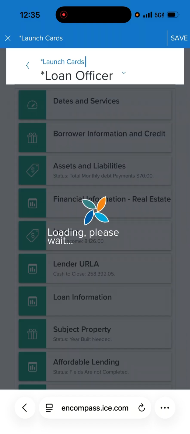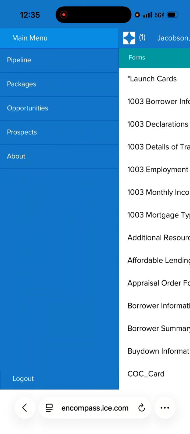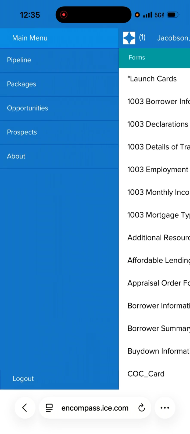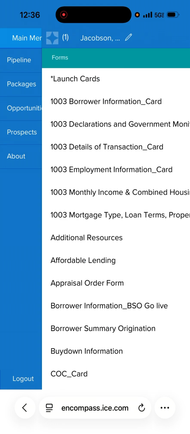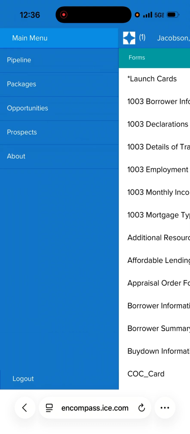I hit the X in the top left here. And then I hit this Encompass menu, the Encompass symbol. And I can go back to the pipeline if I'd like. I can look at packages if the packages have been sent out, as you can see. But I want to go back to just the,